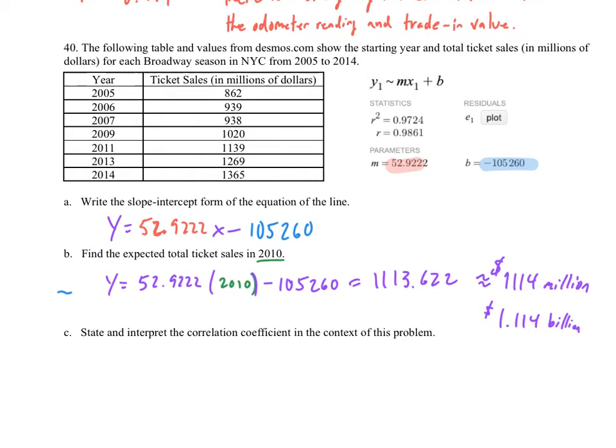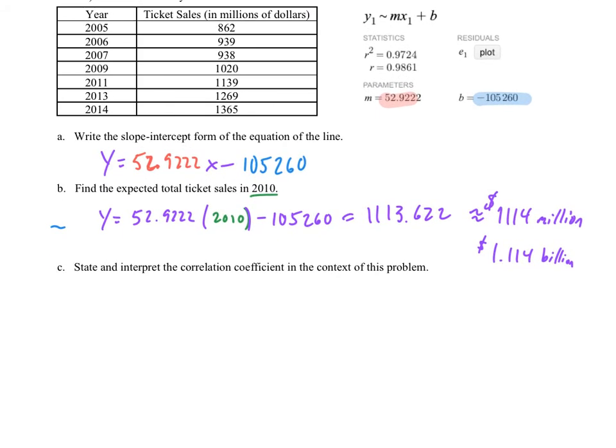And the last thing I want us to do is interpret that R value again. So our R value is 0.98. Since they did ask us to state it, I'm going to state it and then interpret it. Again, that's really close to 1, so that's a strong correlation. It's positive, so it's a strong positive correlation. So there is a strong positive